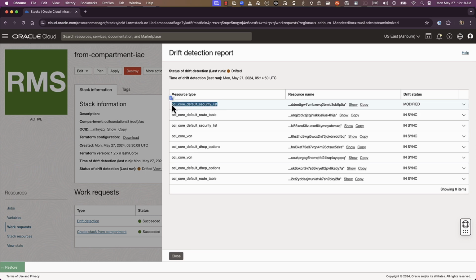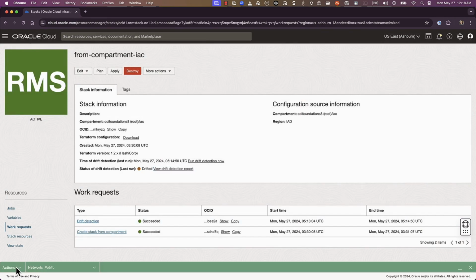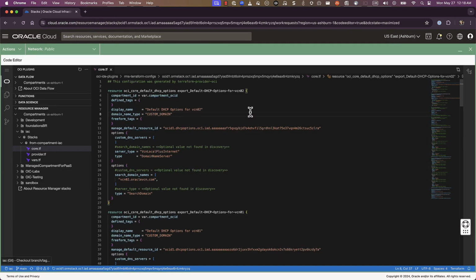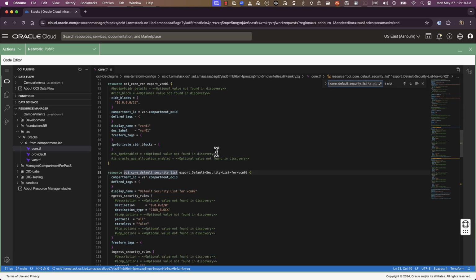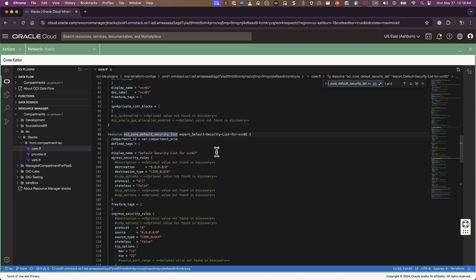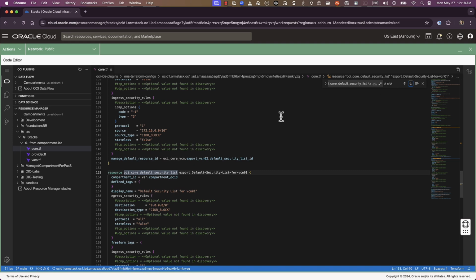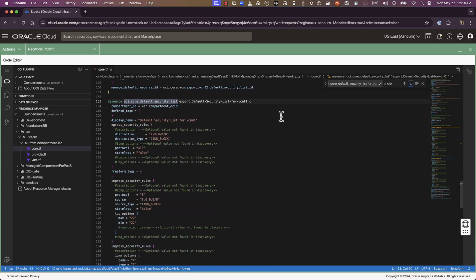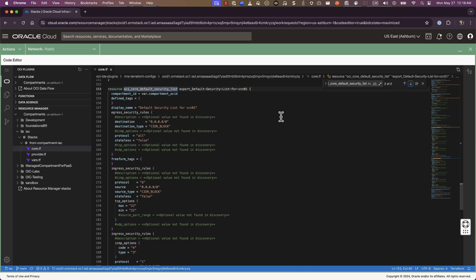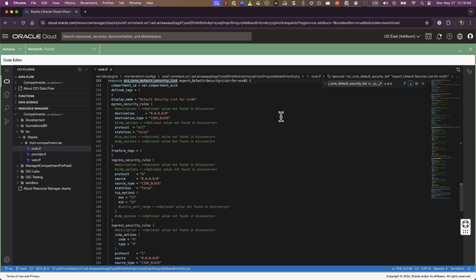I can copy the resource type. I can go back on the report. Let's try to find, and here is the default security list for VCN2. We're looking for the one for VCN1. Here we have all the rules, so let's go ahead and create a block with the ingress rule for port